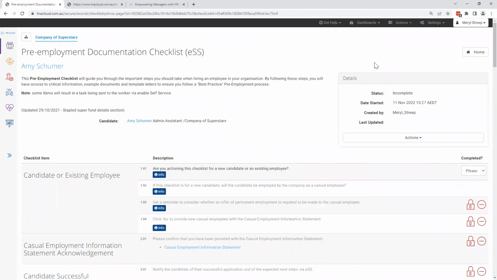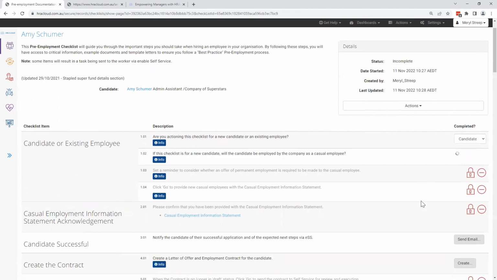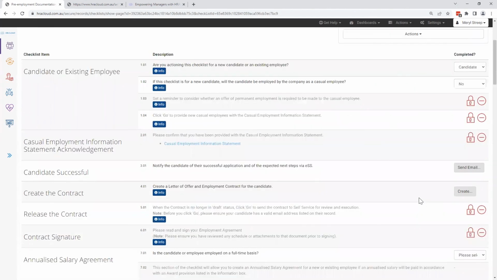With our checklists, you're going to work through them, completing each step as you go, using these action buttons down the right-hand side. If you need any information about a step, you'll see that there are information bubbles that you can click on for more information. Some steps will be compulsory and will prevent you from going any further until those steps have been completed. So as you can see just here, I can't go any further in this checklist until I answer this particular question. I need to answer a second question to then be able to go down further.